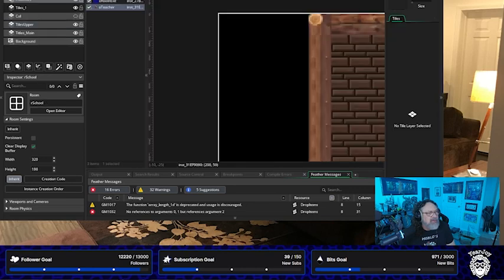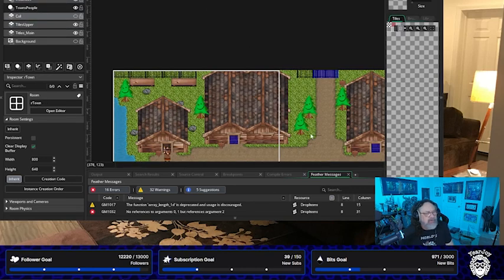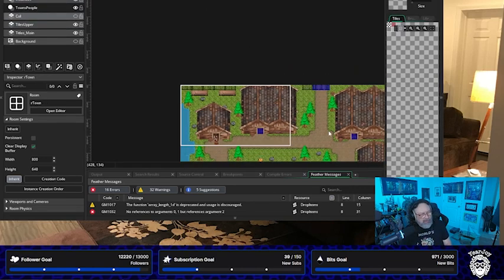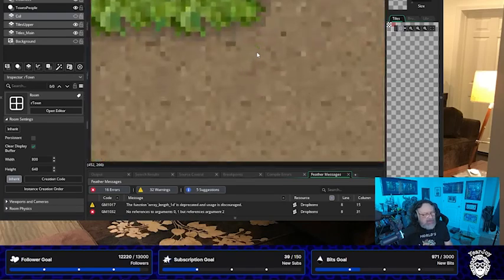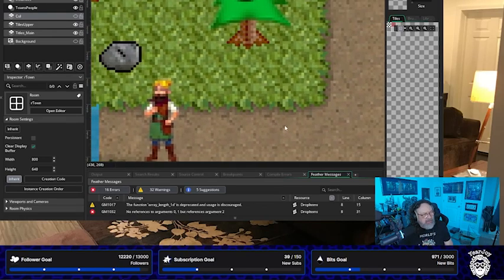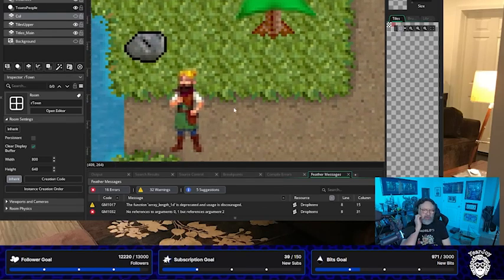Well, I moved everything around. I forgot. Towns. So here's our town with all the correct stuff in there. Like I said, I did make a couple changes. Like I put a drop shadow on the grass so it looks like there's a little bit of room. And when we make,